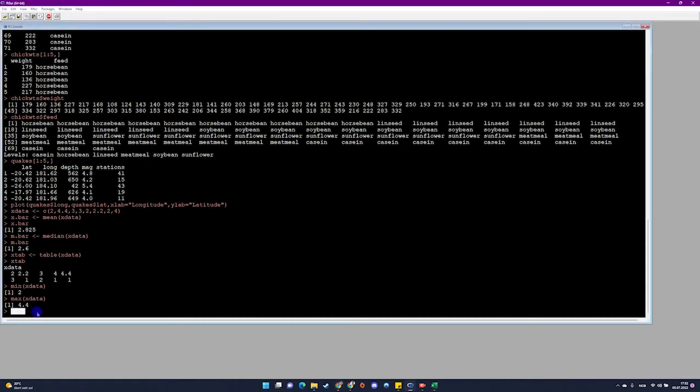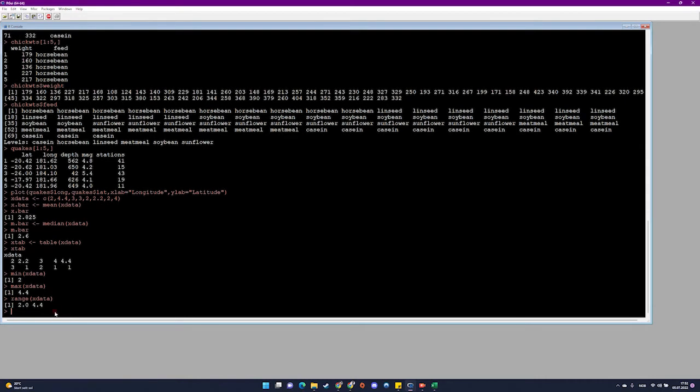And you have to call the range. So the range consists of the minimum and the maximum numbers in the data set, which is 2.0 or 2 and 4.4. So when we applied it on the table,